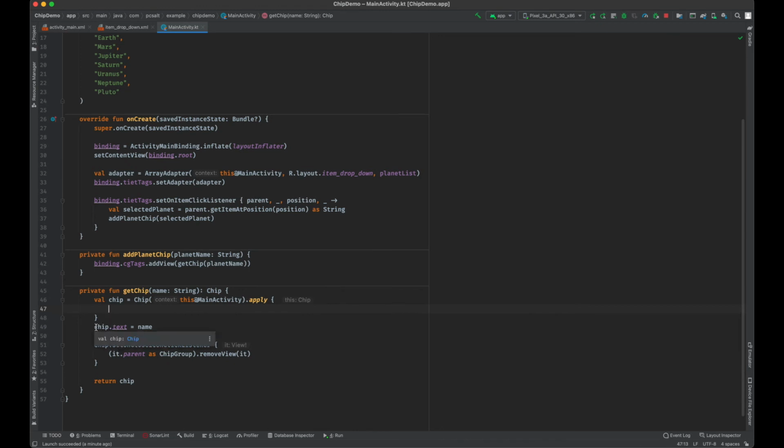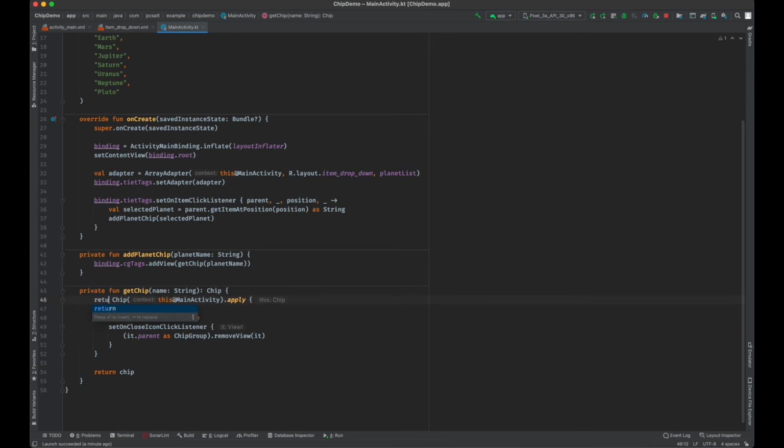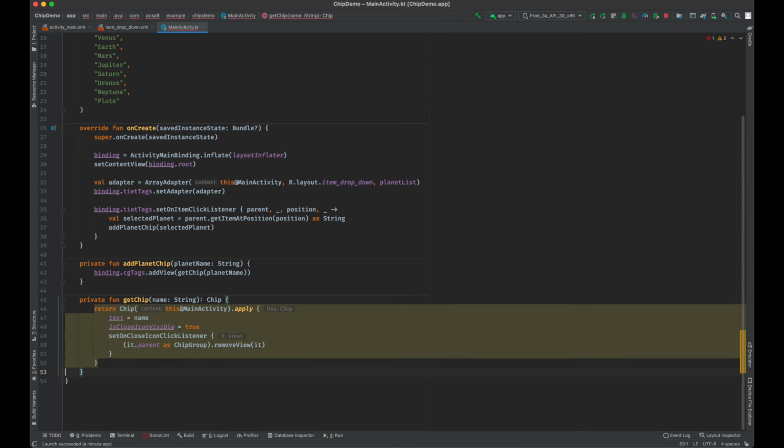We will just use text equals name and is close icon visible equals true. So I selected everything and now I'm putting it inside the apply block. See, everything is now simple. Now we don't need the extra return chip line, we will just return this object only and remove the last line. So using the power of Kotlin, everything is readable and good.